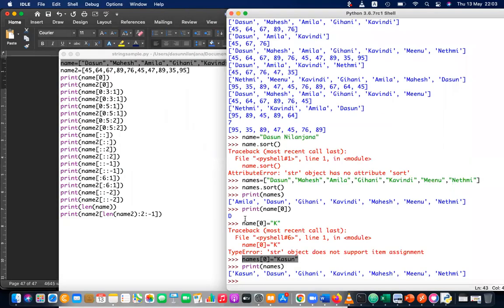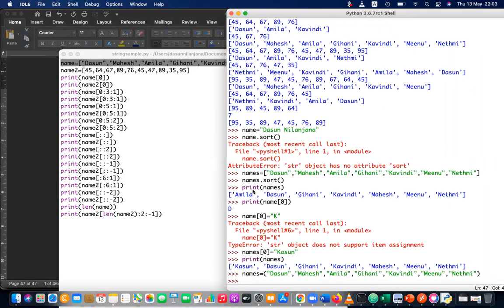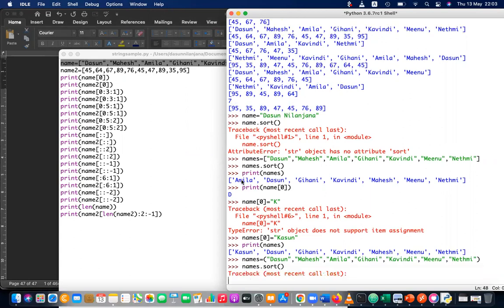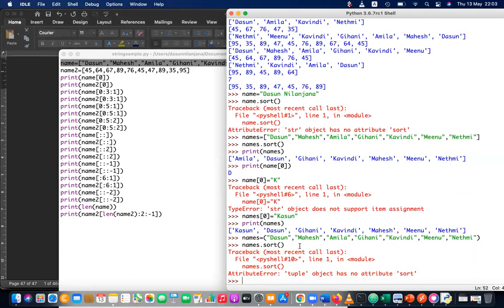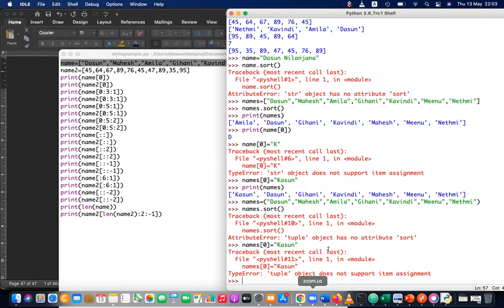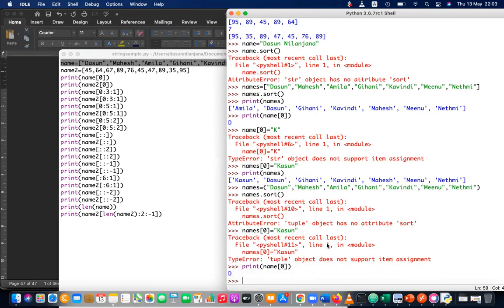But here let me try. So if I declare this in normal brackets, this will become a tuple, and I'm asking to sort the names. You can see a tuple cannot be sorted. And similarly, if I'm telling name 0 is Kasun in the tuple, you can't change the tuple, but you can print the item in the tuple. So it's read only, right?